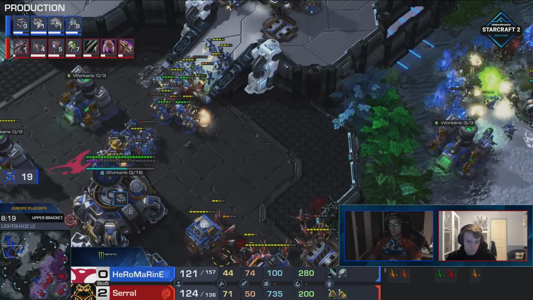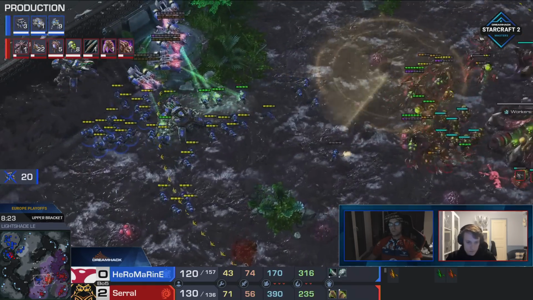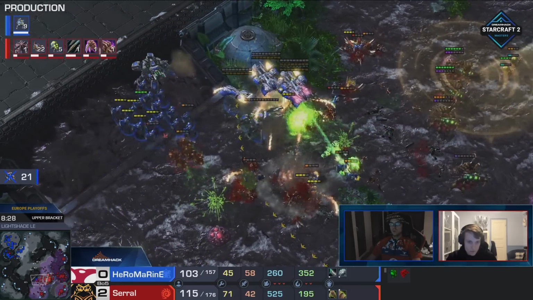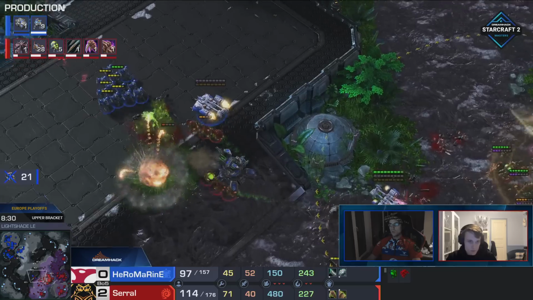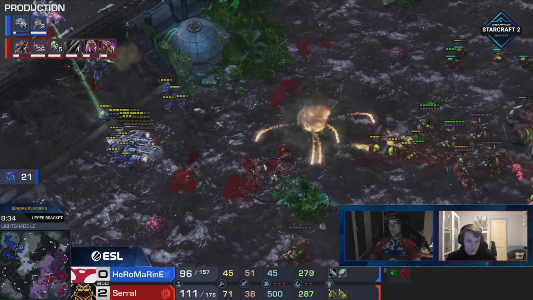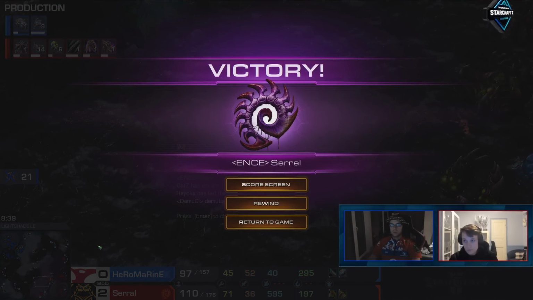Oh my God! No! 19 SCVs falling at that 3rd base. I mean, Gabe, he's pushing really hard on creep here. He's had enough. Oh, but Baneling speed with the Banelings. They're getting on top of the Lings. Nice micro by Big Gabe, but the supplies, Serral just needs to hold here. He's done, and he does. GG is called, and